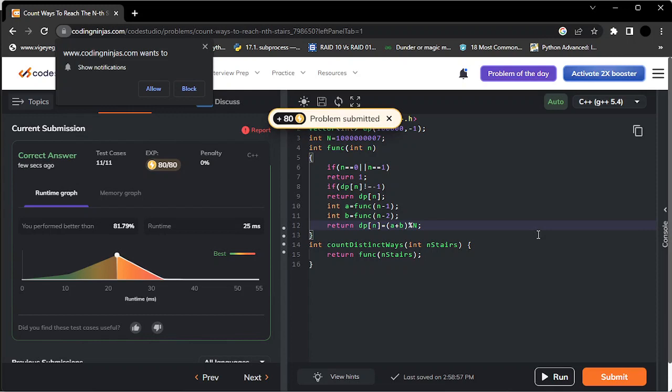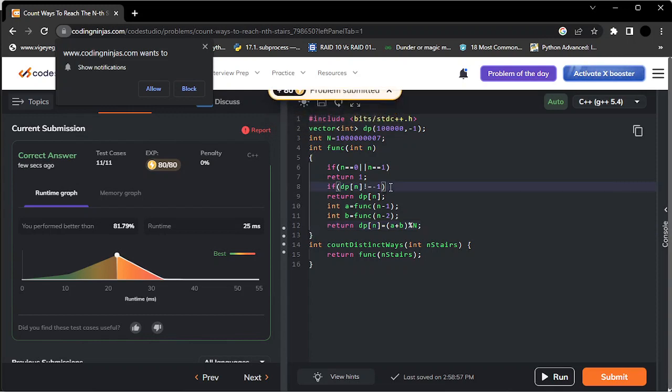So this is how it works, and further I'm going to post lots of videos on dynamic programming. You can check out this playlist,